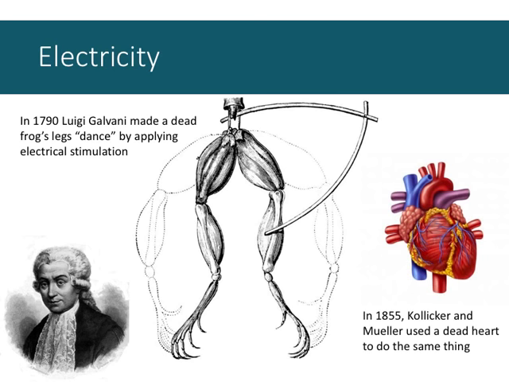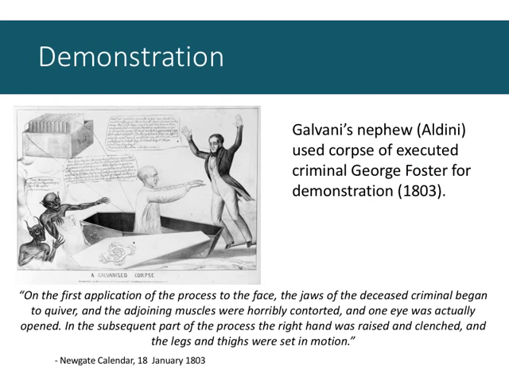And it was picked up later, almost 100 years later, by Kolliker and Mueller, who started looking at other organs, more complex organs, like the heart. And you can see where the progression is going, from a simple muscle to a more complex organ and organ system. This begs the question, can you ever reanimate an entire body or a corpse? And that's where it's in the newspaper afterwards, January 1803,